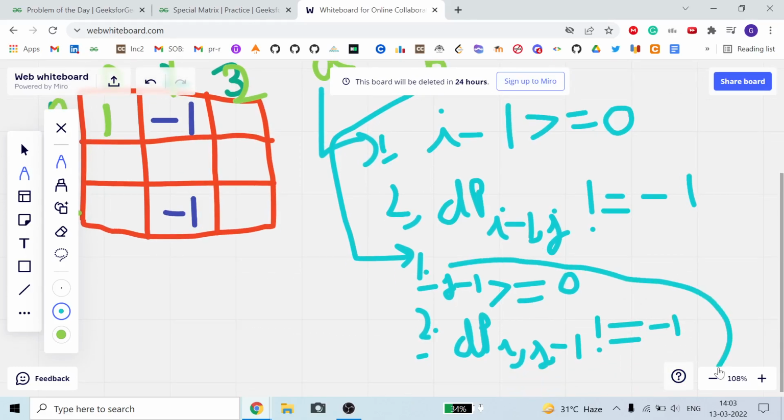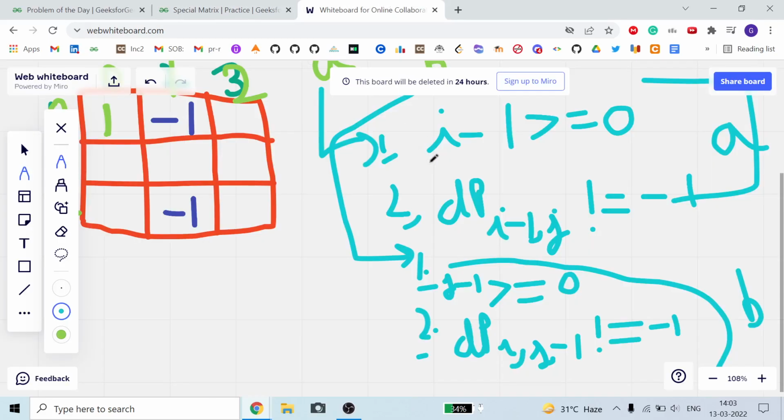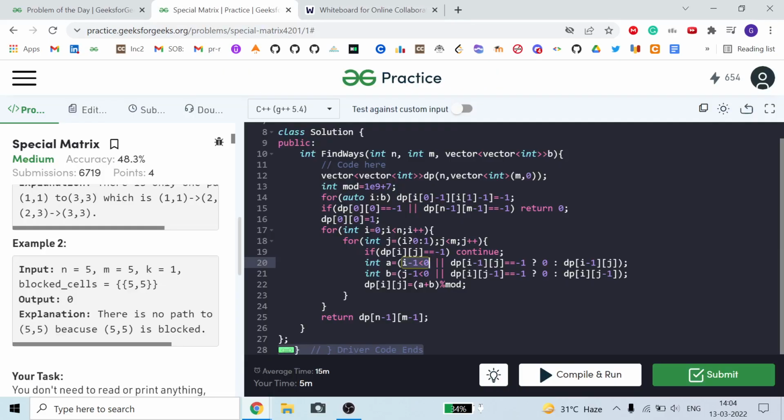So these two are the conditions for b and those two are for a. I am writing it in the opposite way: if i minus 1 is less than 0, this index does not exist, or if dp i minus 1 comma j is equal to minus 1, it is a blocked cell.